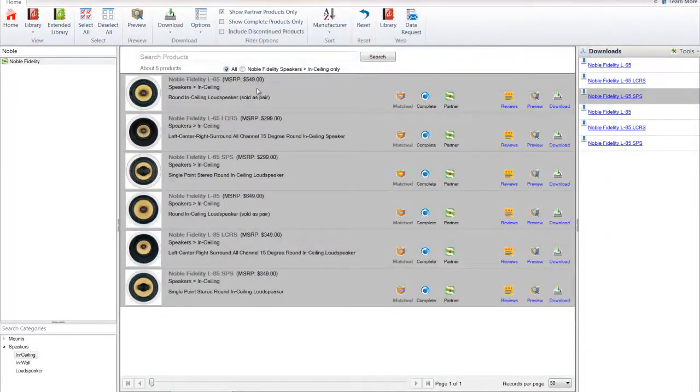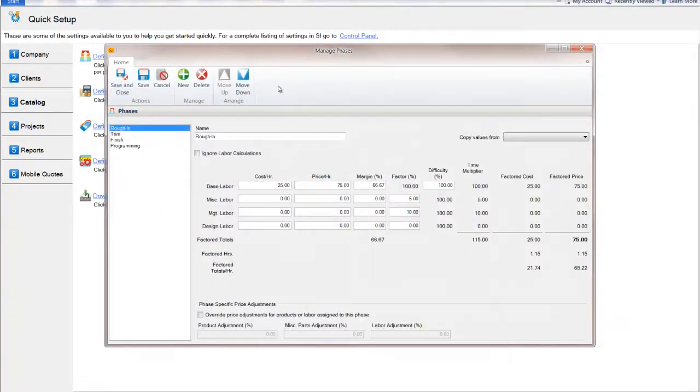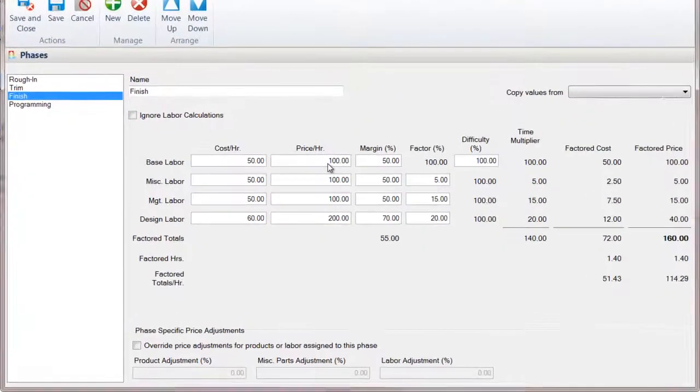So I've shown you a single product, but anything that we do can be applied to any number of products in the catalog. So if I go back to my setup here, here's where I can assign my labor. One of the ways that we can work is to set up our labor rates by project phase. So here you see that I've got rough-in, trim, finish, and programming. So I can go ahead, set my cost and my price, and then this gets applied when I add the